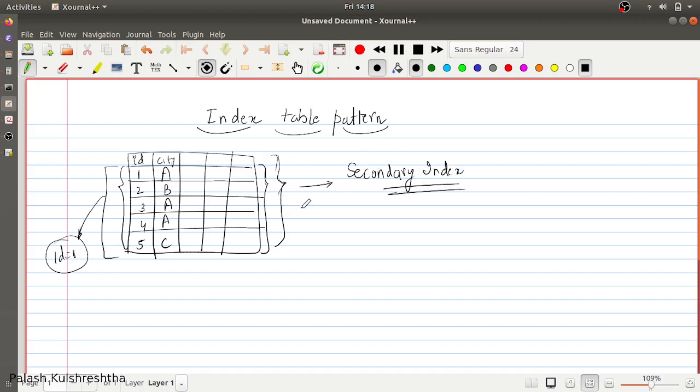When you create a secondary index on your table, the database internally keeps a lookup logic like: A is present in some places, B is present in some places, and C is present in some places. So whenever you query on a particular column which has a secondary index on it, the database knows exactly where to look, so it does not have to traverse all the data. This way your searches become fast.